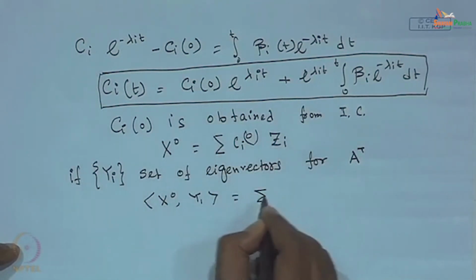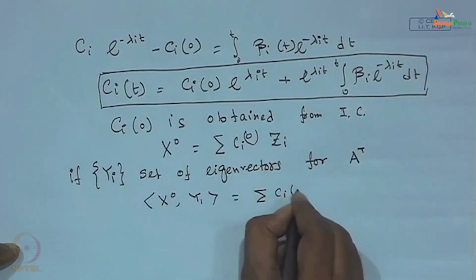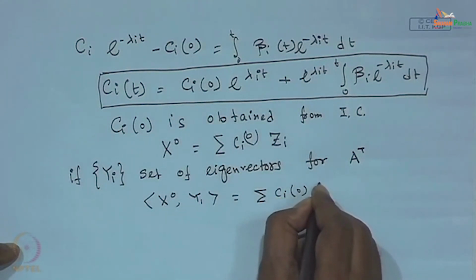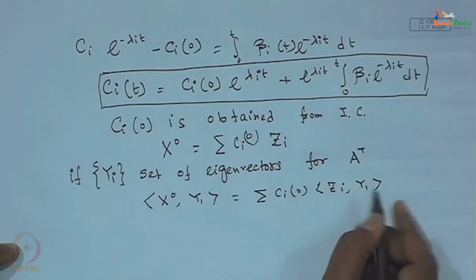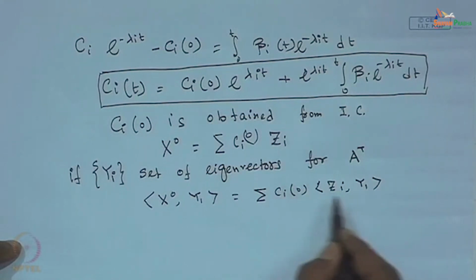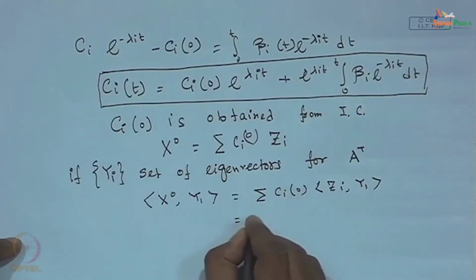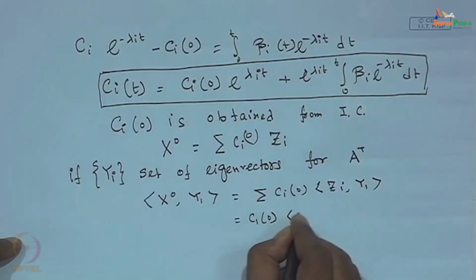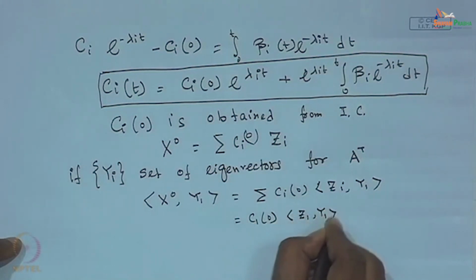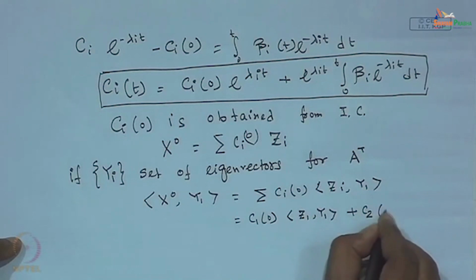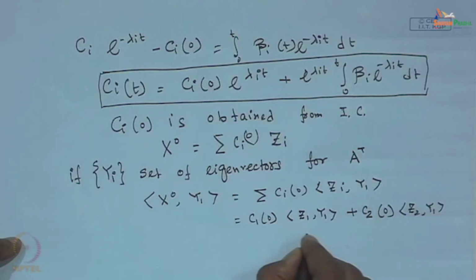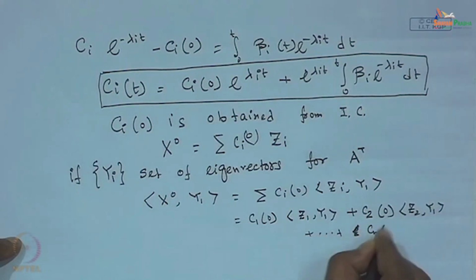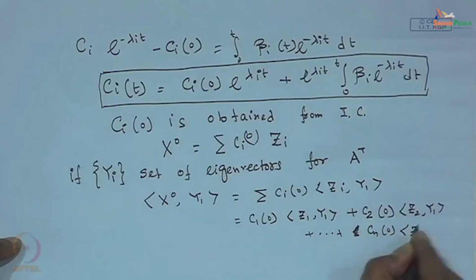So, this becomes c_i naught inner product of z_i and y_1. In fact, if you open up this series, then we will be getting c_1 naught inner product of z_1 y_1 plus c_2 naught inner product of z_2 y_1, and like that, c_n naught inner product of z_n